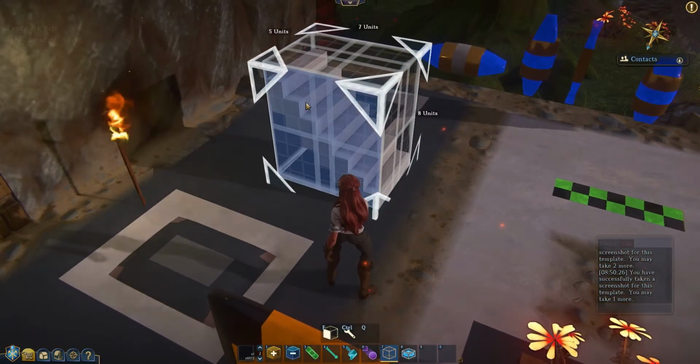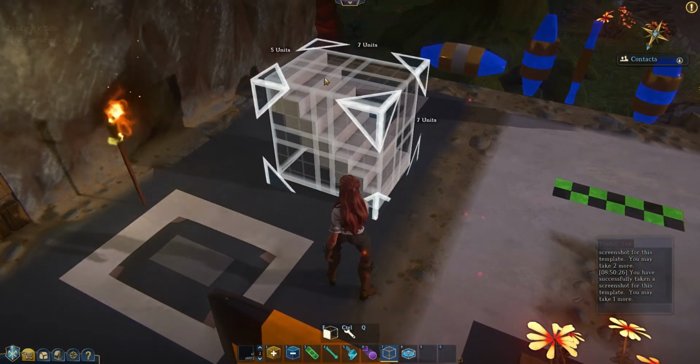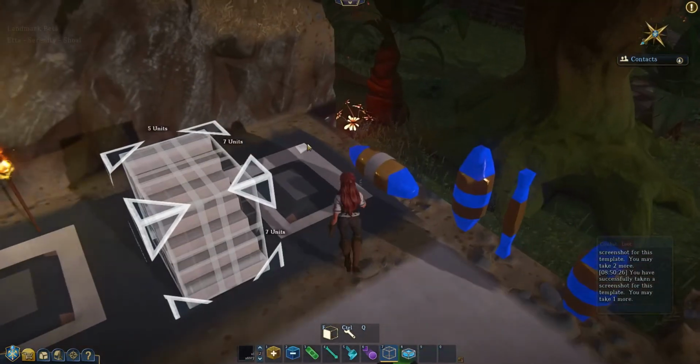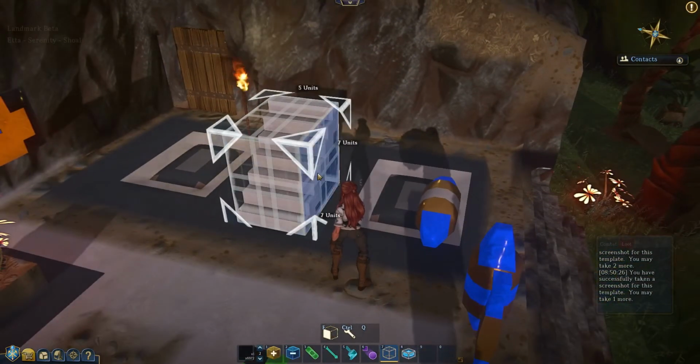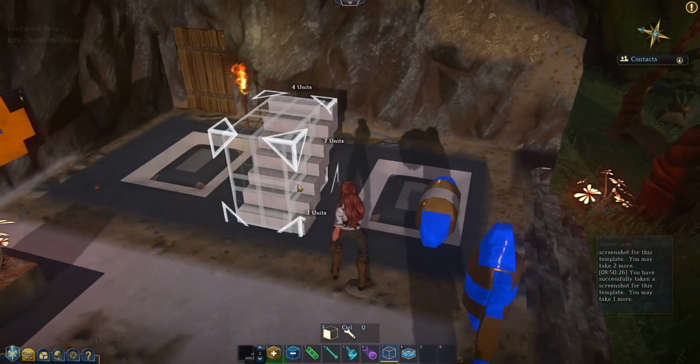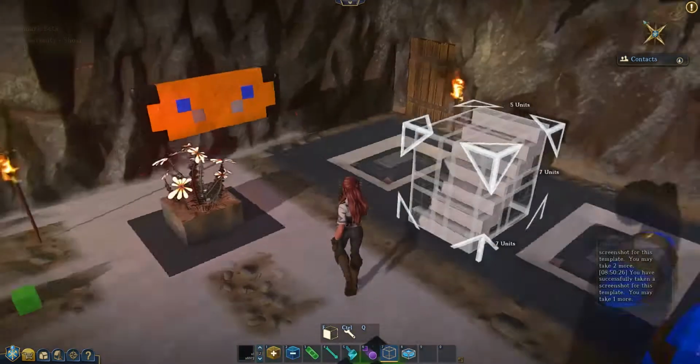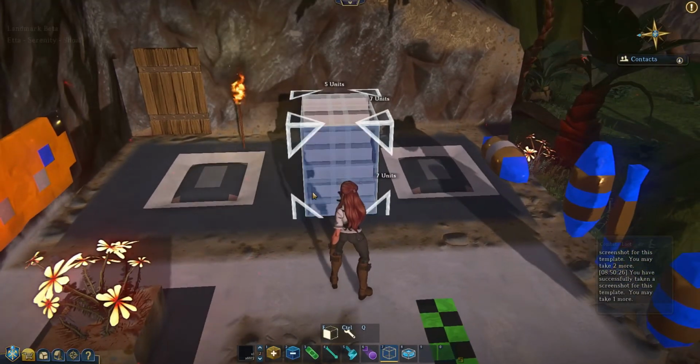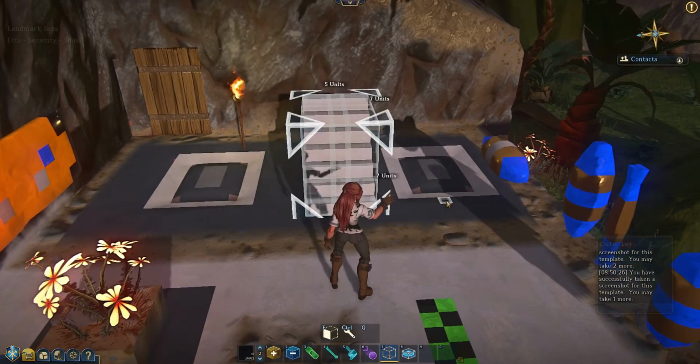But the important thing to know right now is you want to make sure whatever you're making a template of is fully enclosed inside of this selected area. If I were to leave part of this out, it's only going to copy what's inside this. And when I mouse over it, you can see the blue, so you know you have it fully covered. Once you have it enclosed, you hit T for template,